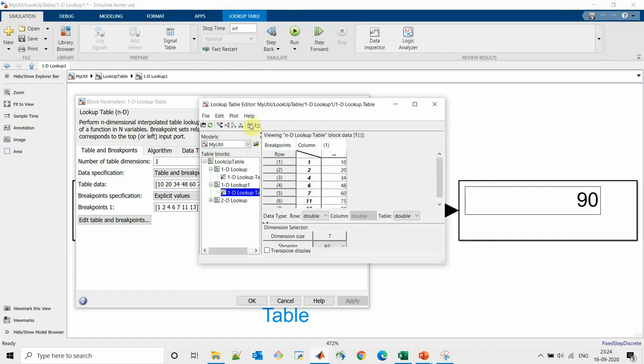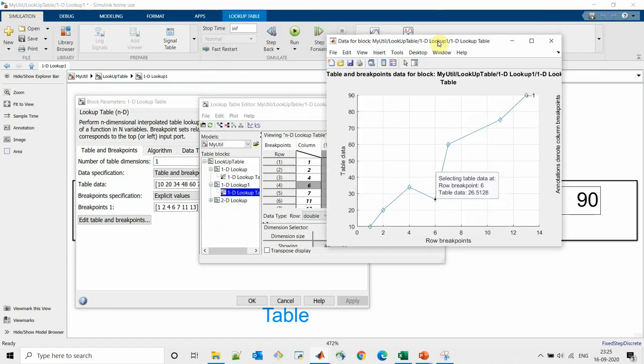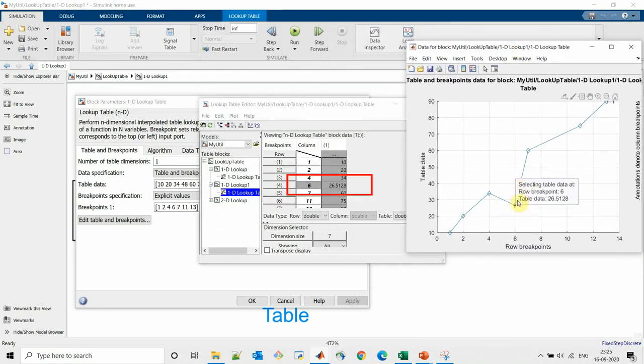And also we can see the plot or the response of our lookup table. Here we can change any point of this graph as per our requirement, and we can see its effect on the lookup table.